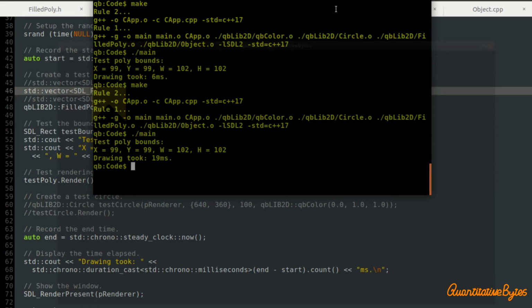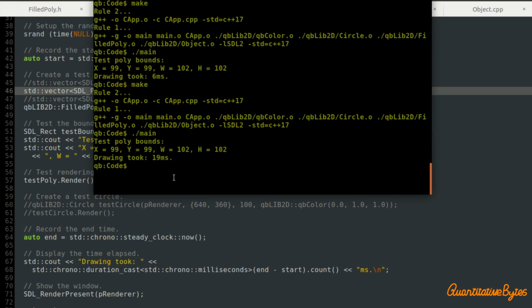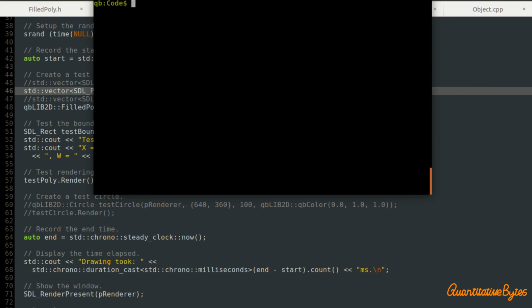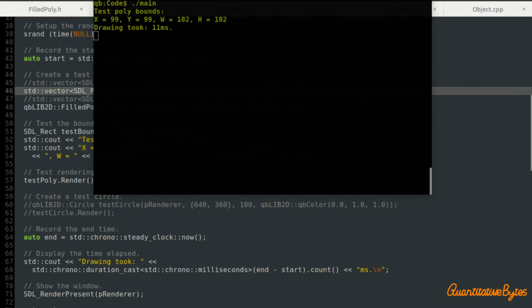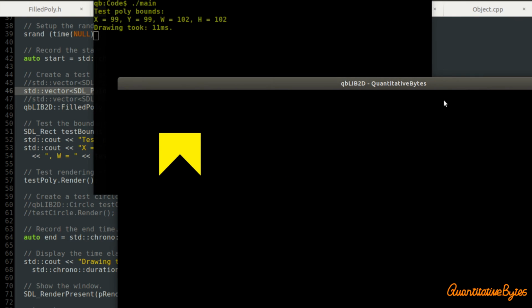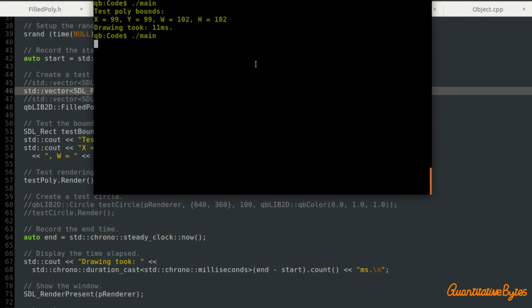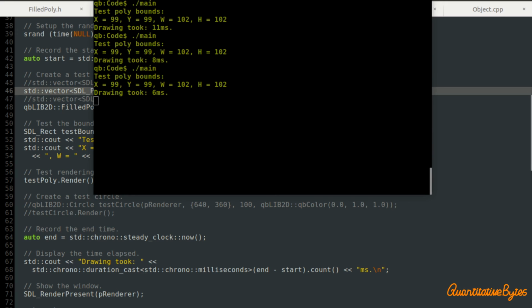One final point just before I leave this for now. I am aware that the run times of this can be quite long. That took 19 milliseconds, really? Yeah, so that's quite slow. That was 11 milliseconds, and we run it again, 8 milliseconds. Okay, getting a bit faster. 6 milliseconds. It really seems to get faster every time. Look at that. 7 milliseconds.